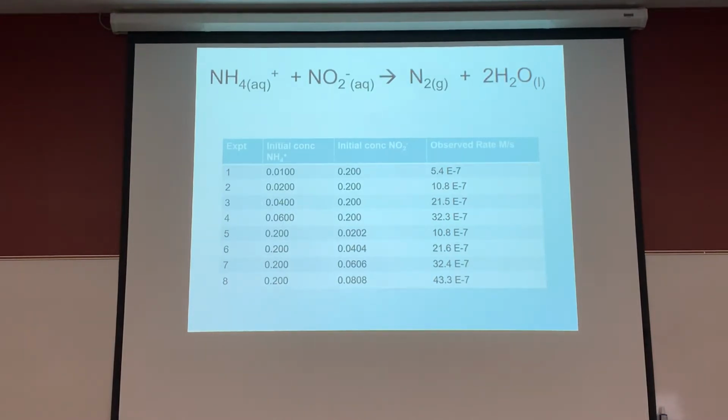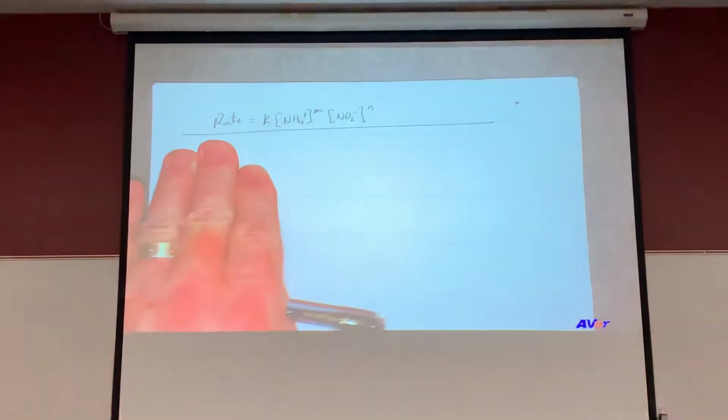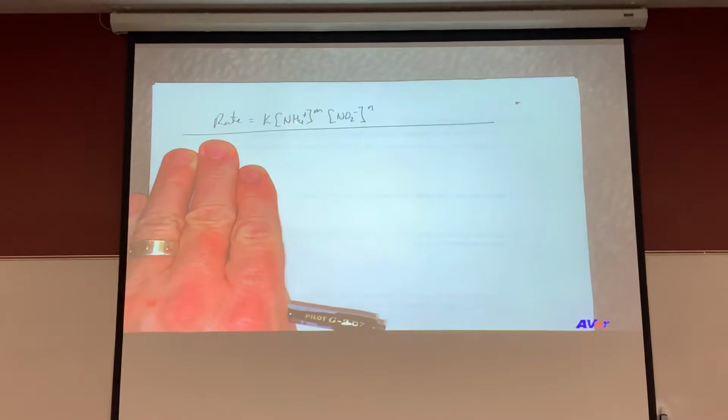If you're just looking at how the numbers behave, this one is held constant. So basically the same amount is there, there's no impact on the rate because of this, because the amount doesn't change. You change the amount of ammonium, so you double it. How does the rate change? It doubles. And if you know the rate law is this, you put a 2 there, you double it, and then the rate doubles. What's that number? 1. Right. Okay. The same thing if you look at the other trials. If you take NO2 and you double it, and the rate doubles, then the value of N is 1.